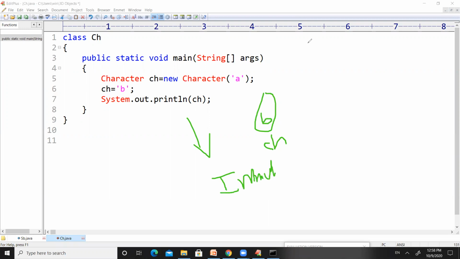I think now everything is clear for you, right? The people who don't understand what is mutable and what is immutable and how strings can be created, right? We all studied that strings can be created in two ways: by creating an object for the string class, or by creating an object for the string buffer class. So when we create an object using the string class, it is immutable, right? And when we create an object by using the string buffer class, it is mutable.